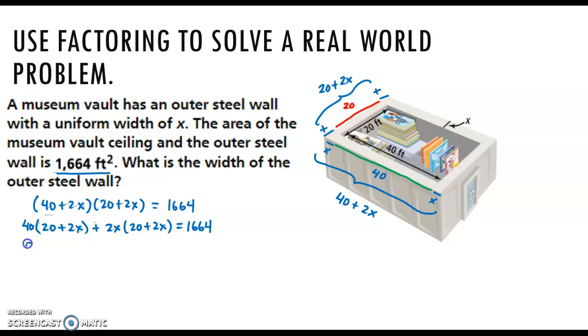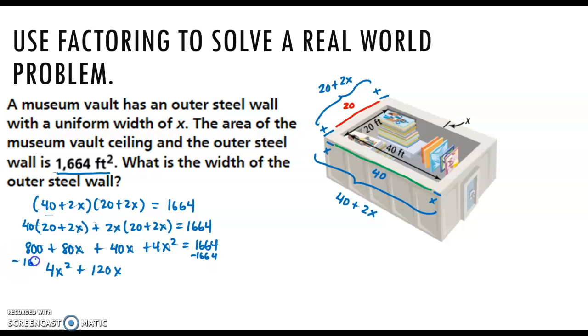So now I have to distribute again, so I get 800 plus 80x plus 40x plus 4x squared equals 1664. I'm going to write this in standard form, and I have 4x squared plus 120x, and as I write this in standard form, I'm going to subtract because I want this to be equal to